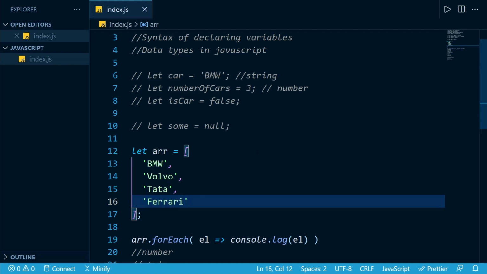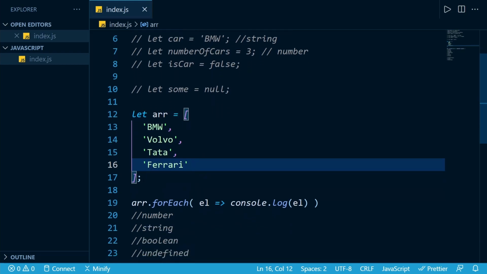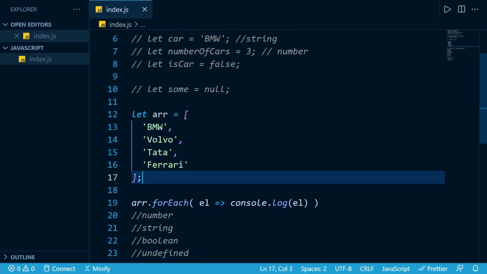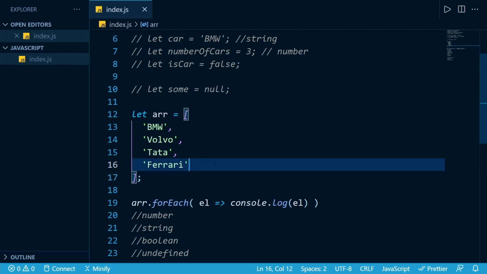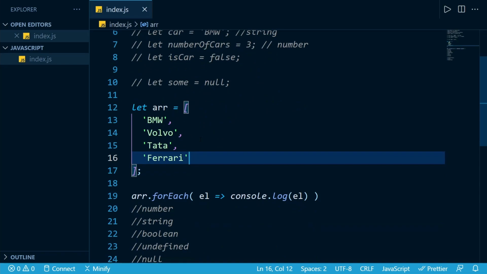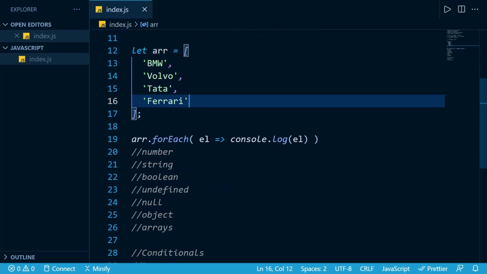So we can have any number of brands. This array basically means we can store a list of values. Whenever we want to store a list of values, we use arrays, and an array can store any valid JavaScript data type. It could be a string, a number, an object or a boolean. It could be any valid JavaScript value.